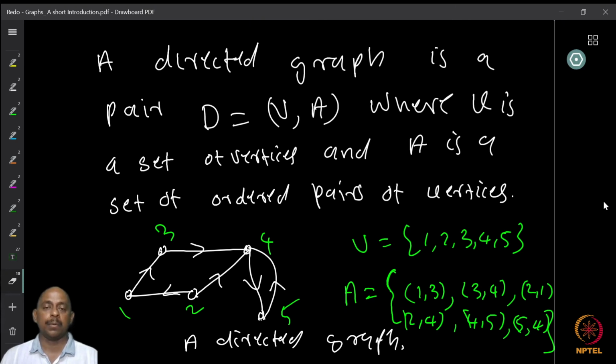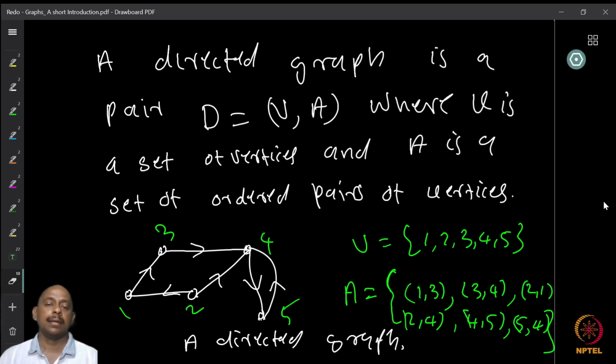So from point A to point B, this road is going from A to B, but you cannot take your vehicle from B to A. You're taking this road because it is one direction. We want to generalize this idea, and then we can say directed graph. A directed graph is a pair (V, A) where V is a set whose elements are called vertices as usual, and A is a set of ordered pairs of vertices, which we call arcs. Sometimes they are also called edges, but we can call them arcs.